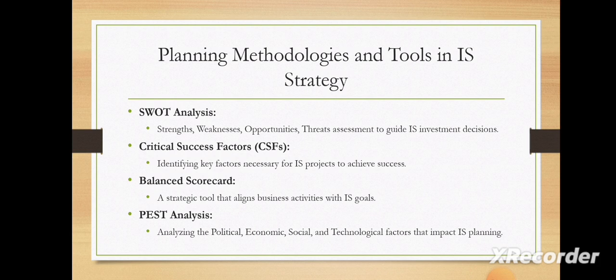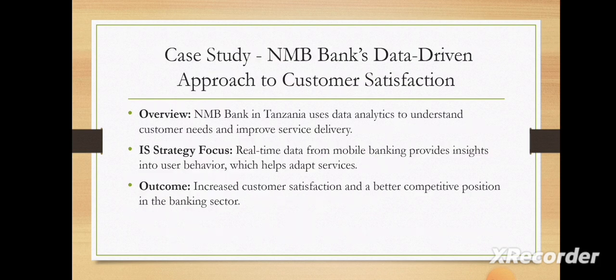Let's look at NMB Bank's data-driven strategy. If you look closely at how NMB Bank in Tanzania applies strategic information system planning, their focus is on leveraging real-time data from mobile banking to understand customer behaviors. This approach allows them to adapt services to meet customer needs effectively. What is the outcome then? Higher customer satisfaction and a stronger competitive position in the market. So they focus on increasing customer satisfaction, and by doing that, they are increasing their competitive position